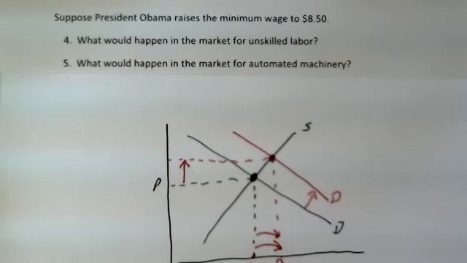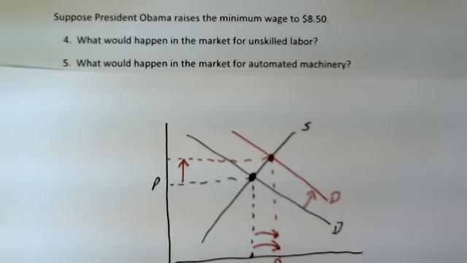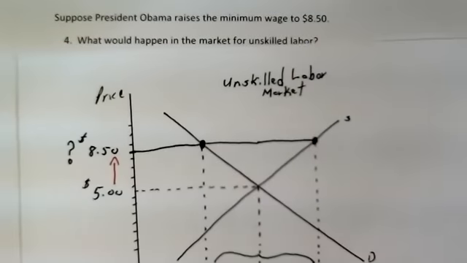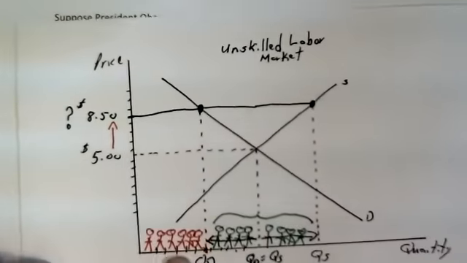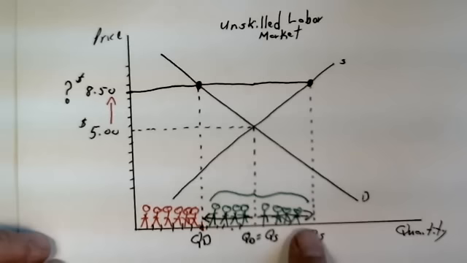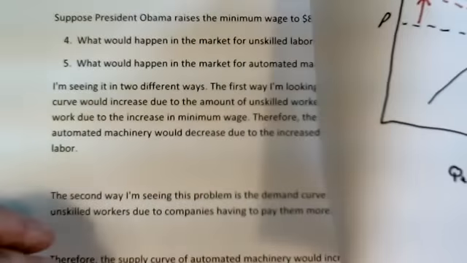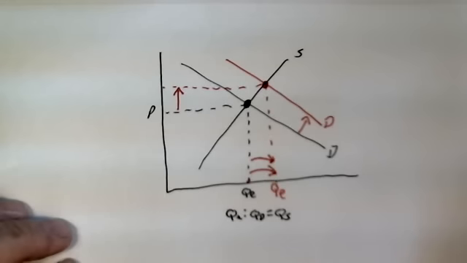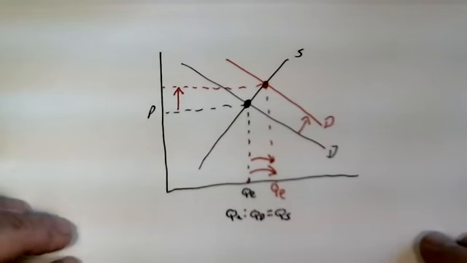On the political side, it's an interesting question to ask, well, who would be in favor of a minimum wage law? Well, obviously, these folks over here would be in favor of it because they're better off. These folks over here, if they are aware of why they've lost their jobs, they're not in favor of it. And then, of course, people who sell automated equipment obviously would be in favor of a minimum wage law because it eliminates one of their competitors.